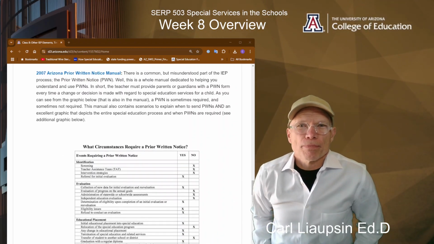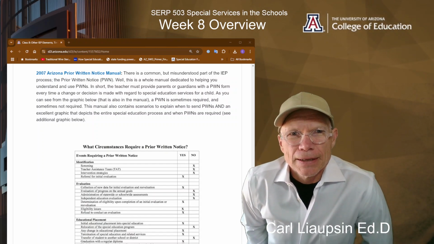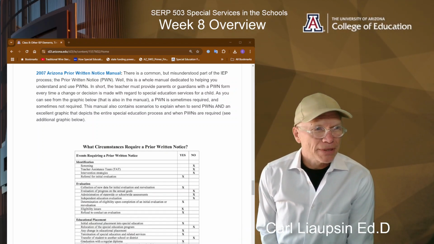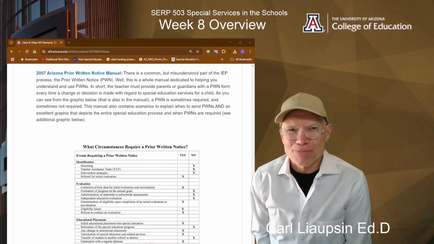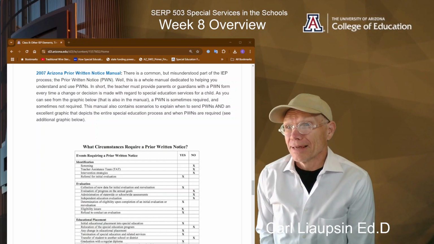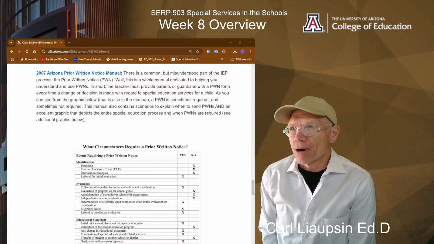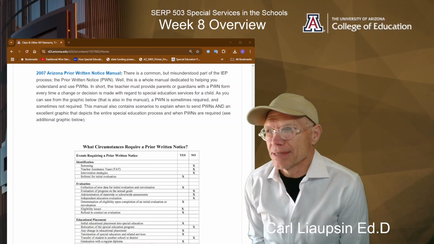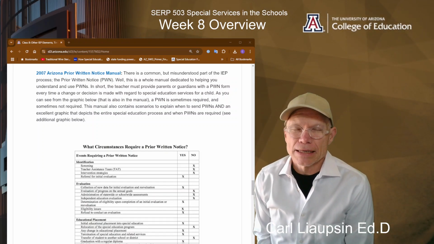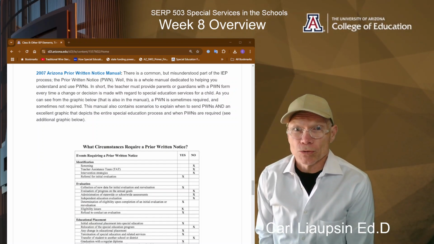Another really important part of the IEP process is prior written notice. And this is something that I don't know how many programs actually cover, but I do, because it's a really important part of due process. Prior written notice is a document that must be created and sent to the parent or guardian or student of age